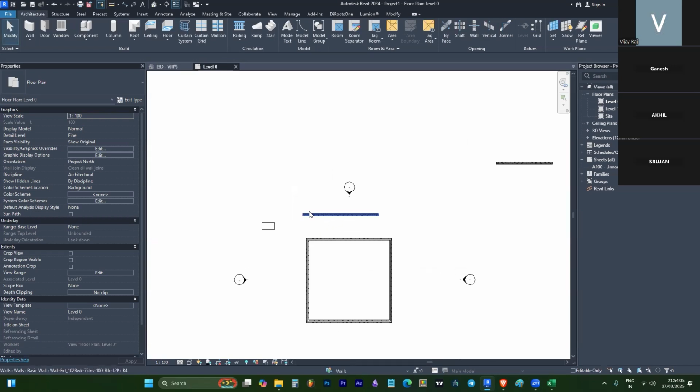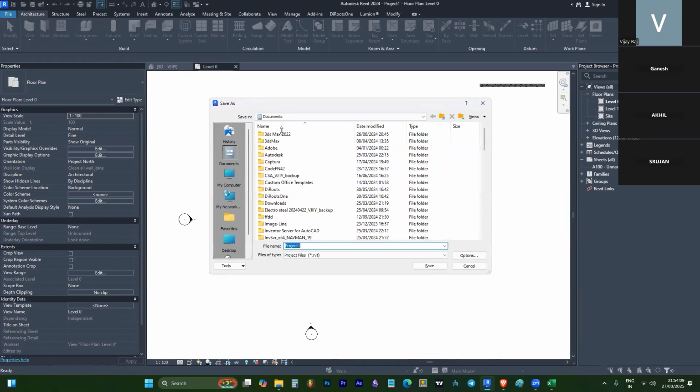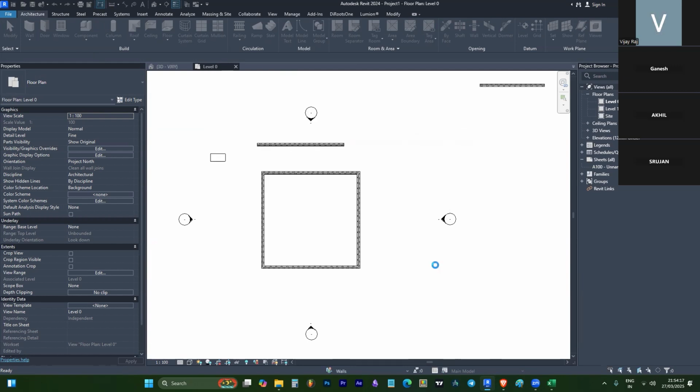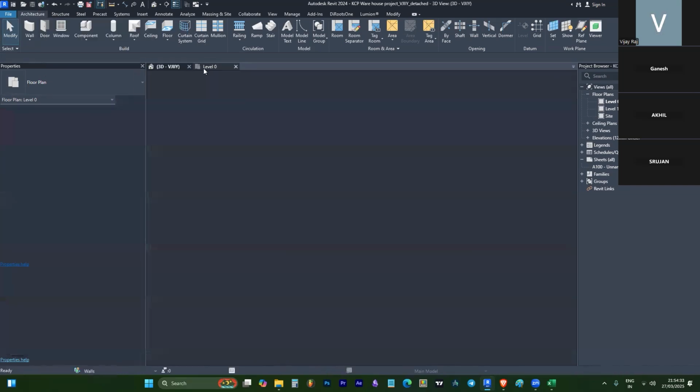Now, once the workset has been created, you can save your file at your desired location. It will ask for some prompt. Once the workset is created, you can see that synchronize and modify are now turned on automatically. If you close the file,